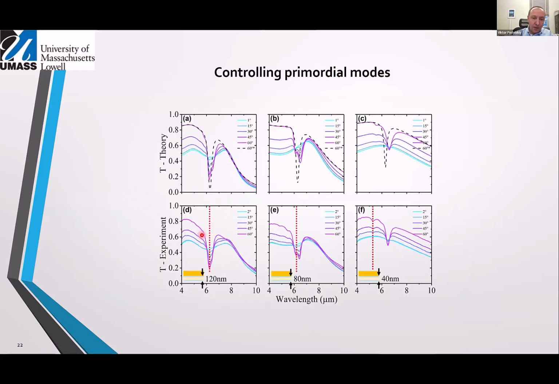And indeed we do. As we change the thickness of individual layers, keeping the composition constant, we can drastically change the optical behavior from this to this. And what I want to point out is that the non-locality mode essentially moves from almost 7 microns to almost